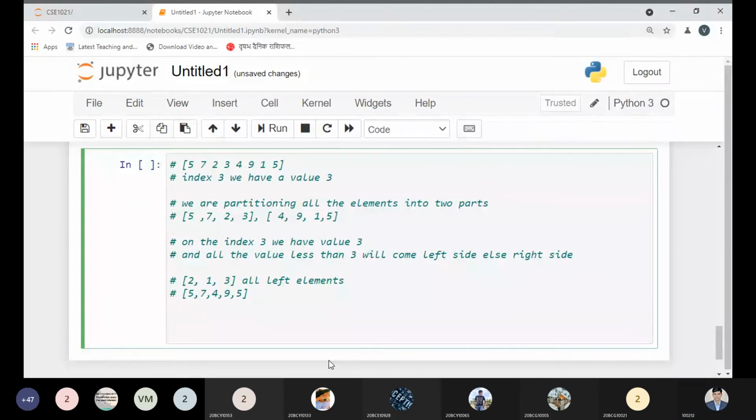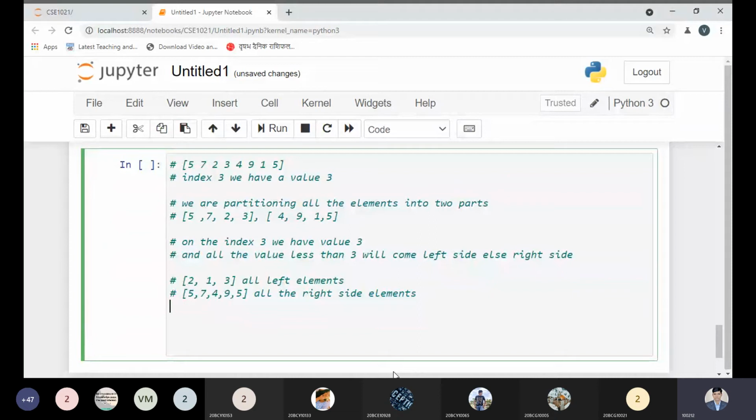Now partition 3 again, this is all the right side elements. If I'm just taking 5, 7, 4, 9, 5, how many elements do we have? 1, 2, 3, 4, 5.